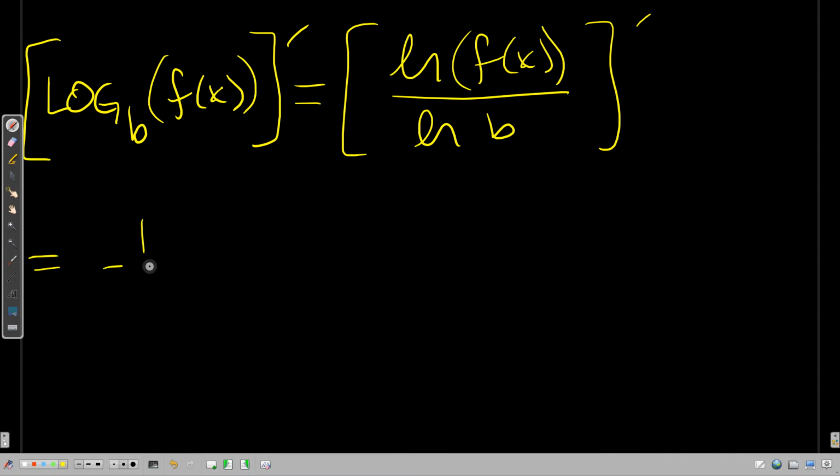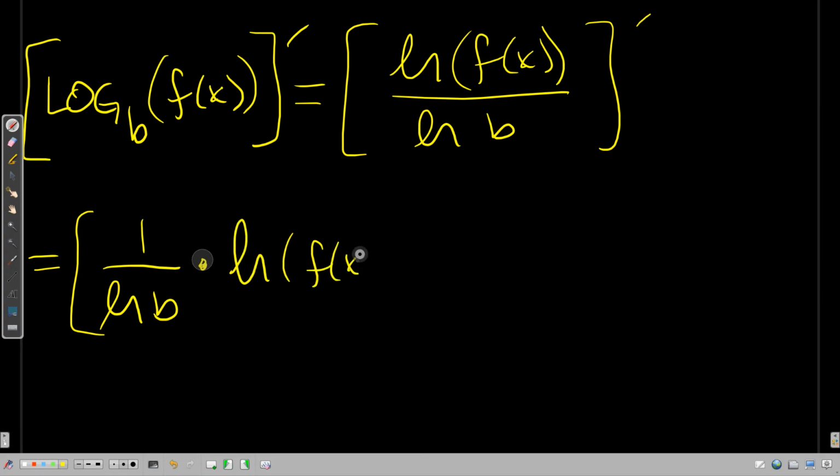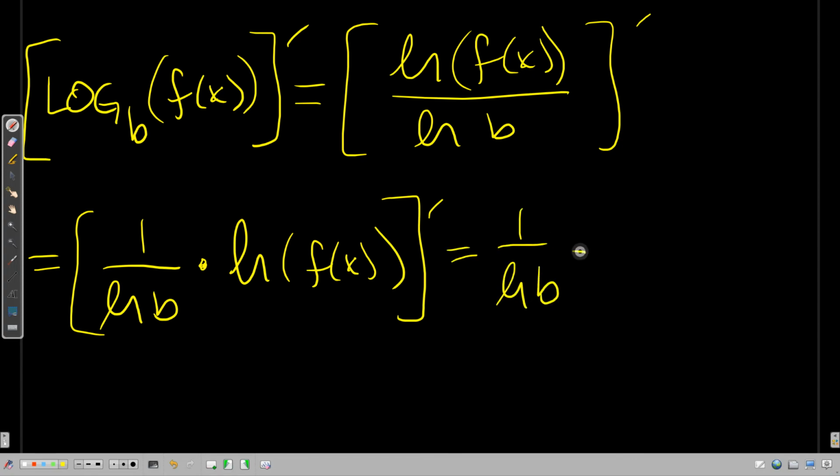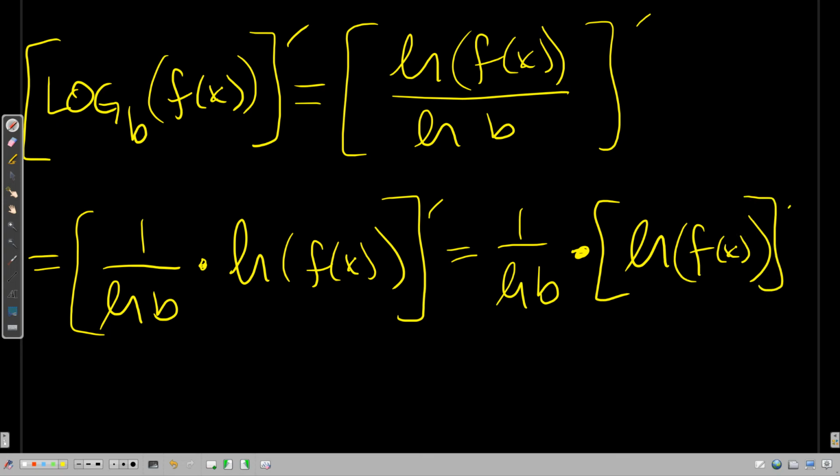You would inevitably write this as 1 over natural log of b times natural log of f of x before you start the derivative, but that 1 over natural log of b is a constant, so it comes out front, and now you can take the derivative of the natural log of f of x,